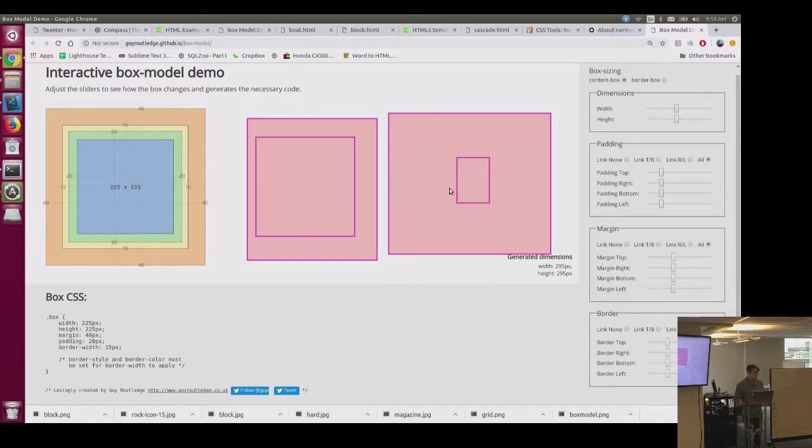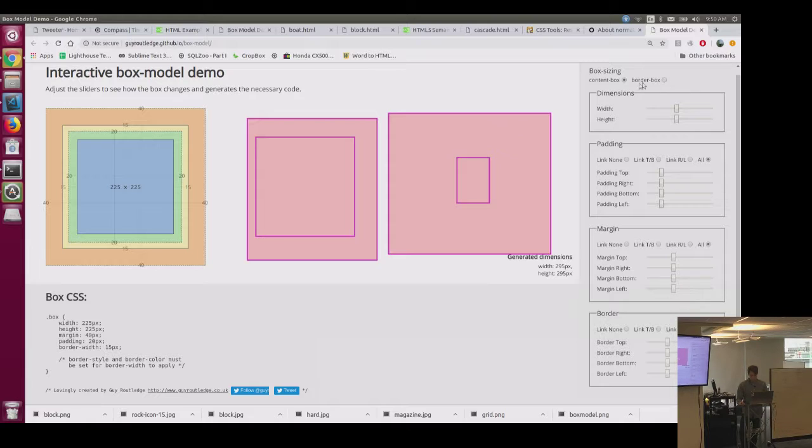For this one, I need to do a different set of calculations. I need to go content, this one's much smaller, maybe it's 50. That minus my total width I want, 295, minus my border and my padding, so I can get this size. I need to change it based on the padding for each one. So that's super annoying, but there's a thing to get around this that's almost universally used at this point,